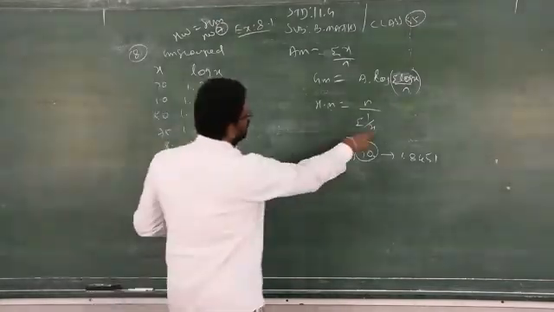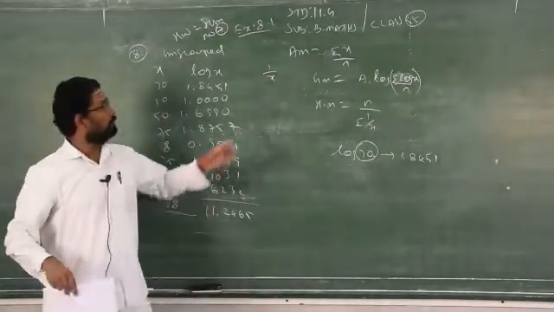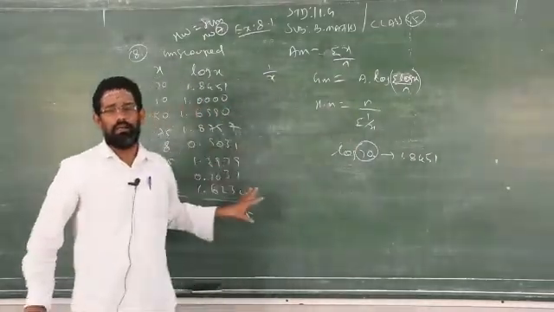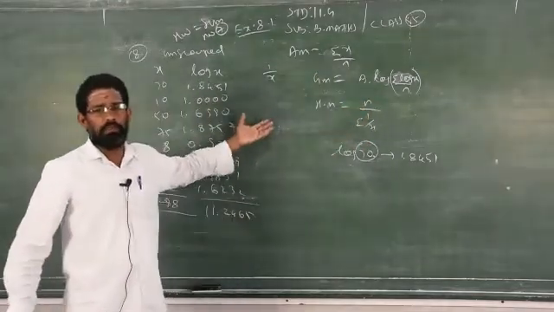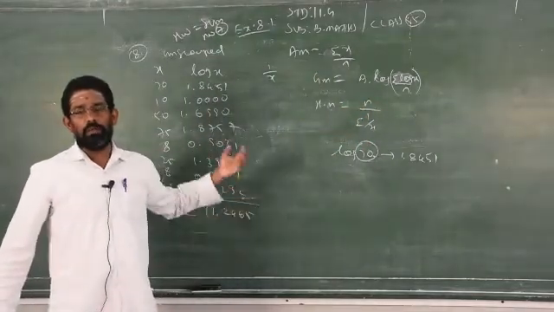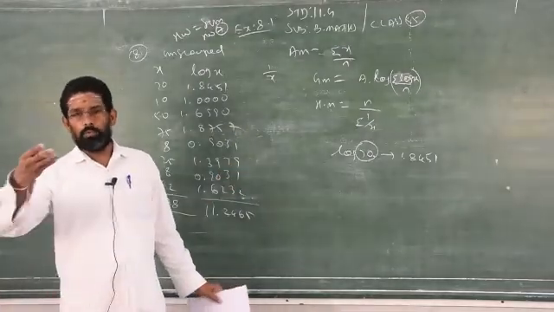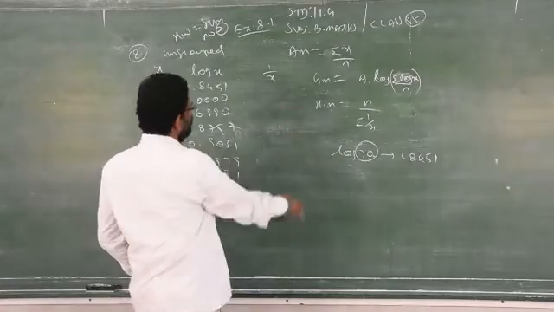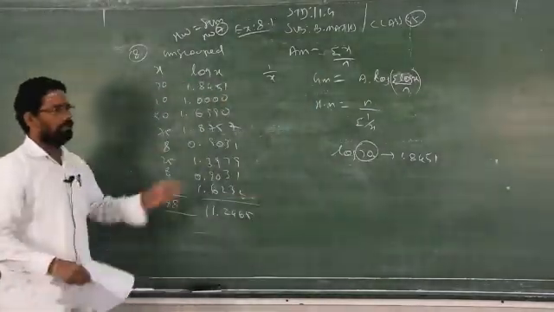Next you need 1 by x. I complete all the three. I need to find AM, GM and HM. I complete all the information regarding this, depending upon this formula. I can do everything in the same tabular format. Clear? No need to go for a separate table, that will take more time. So just complete all the information. Whatever information you need to find all these three, you just find out in the same table like this.